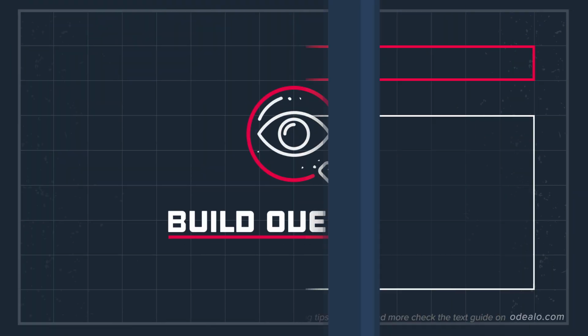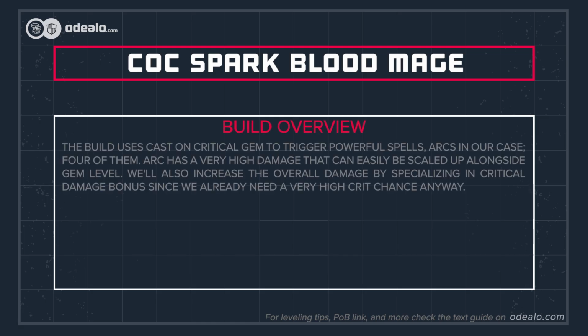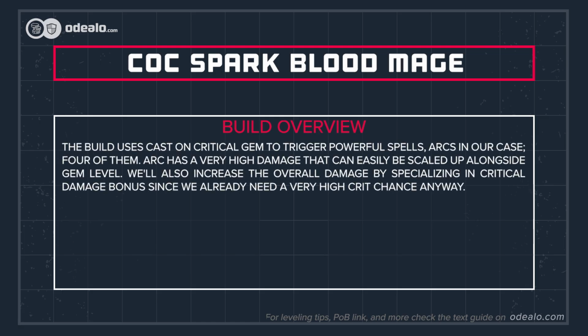Welcome, this guide is about COC Blood Mage. The build uses cast on critical gem to trigger powerful spells, arcs in our case, 4 of them. Arc has a very high damage that can easily be scaled up alongside gem level. We'll also increase the overall damage by specializing in critical damage bonus, since we already need a very high crit